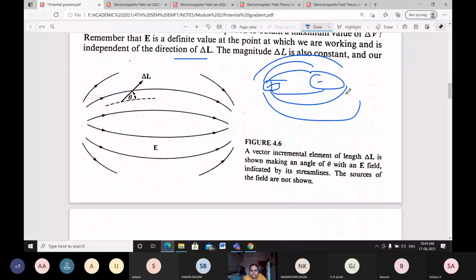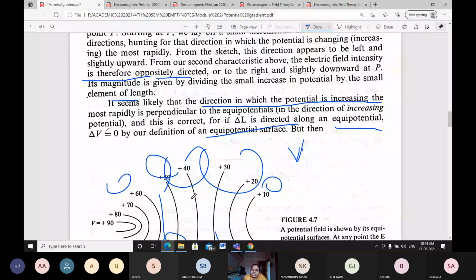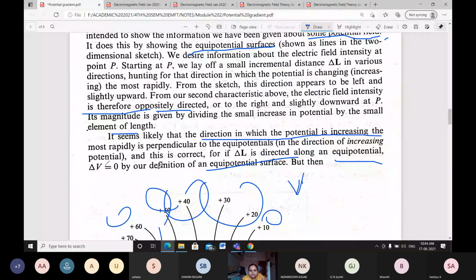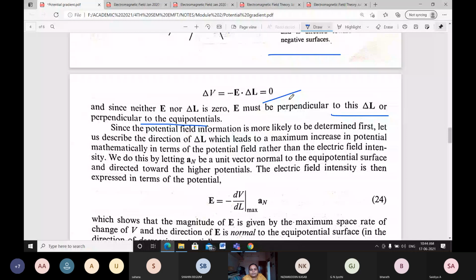Okay. Then about two characteristics. Go on drawing the diagram, explaining the two lines of this diagram, and considering the equipotential surface. Then in the equipotential surface our delta V is going to be equal to 0. Then write the equation of this. That means we have taken 4 points. Okay, next is our fifth one.